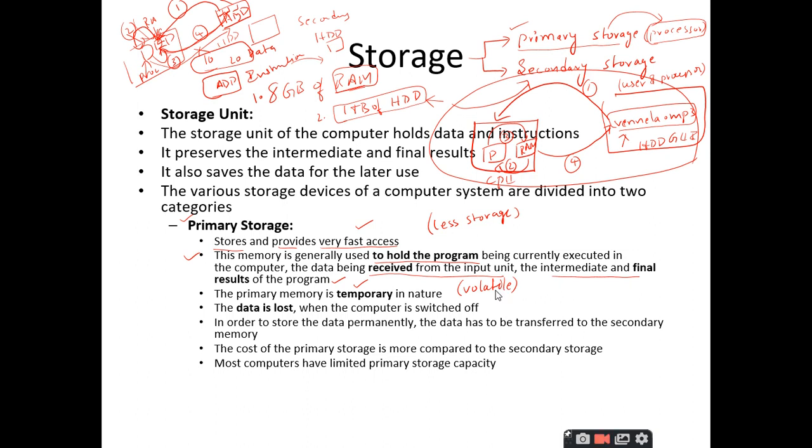So, you might be asking a question that what is a temporary storage or what is a volatile memory? You can simply say that the primary storage is volatile in nature. You should know what this volatility is. Volatility means the data is lost when the computer is switched off. Let us take the same example. Vanilla.mp3, it is located in hard disk drive. When I want to execute this file, I just double click on it. Therefore, the vanilla.mp3 will be loaded into the RAM.